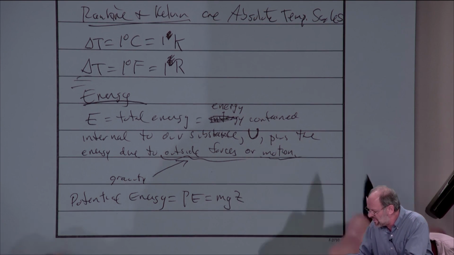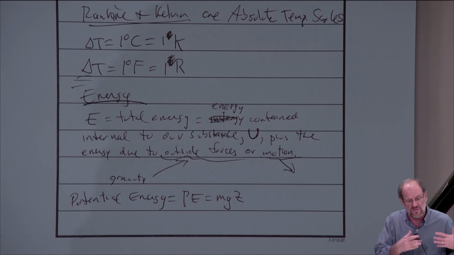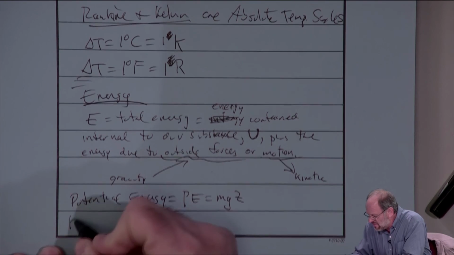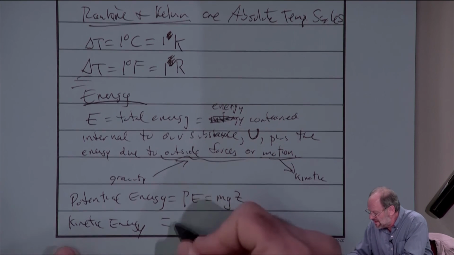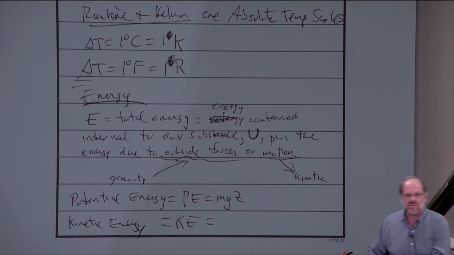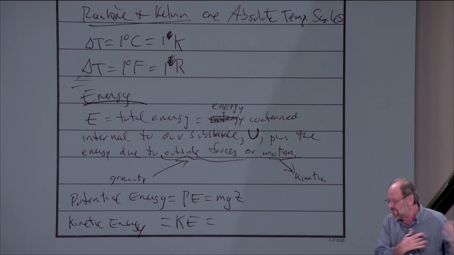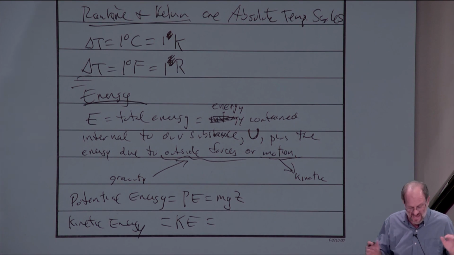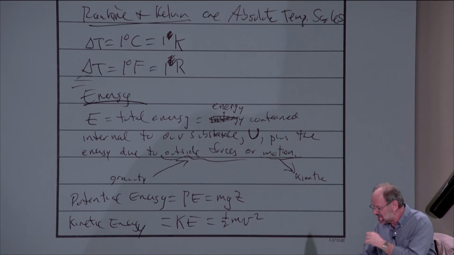What about motion? What might be something based on motion? Well, all objects, all substances have the potential to be moving. So this is really what we call kinetic energy. So the kinetic energy, or the energy based on motion, I'll just call KE for kinetic energy. If this were your dynamics class, it would be T. I mean, who uses T for kinetic energy? But, well, the Merriman-Craig book does. So I'm not going to call it T. KE, kinetic energy, makes a lot more sense. And this is just 1/2 m times the velocity squared.